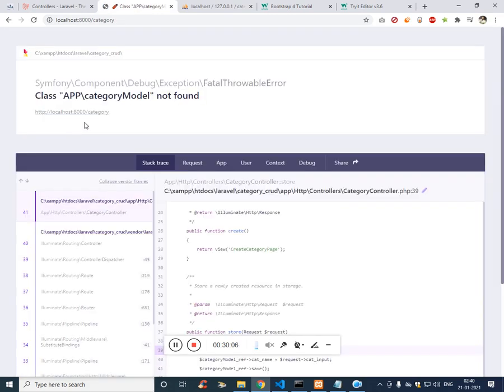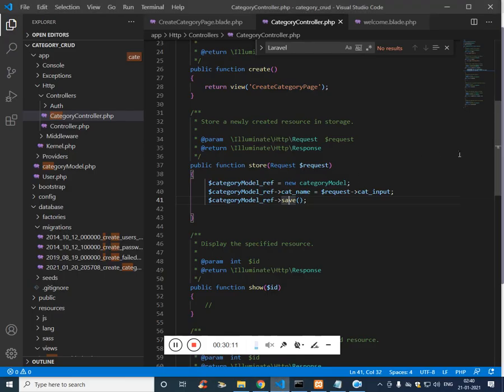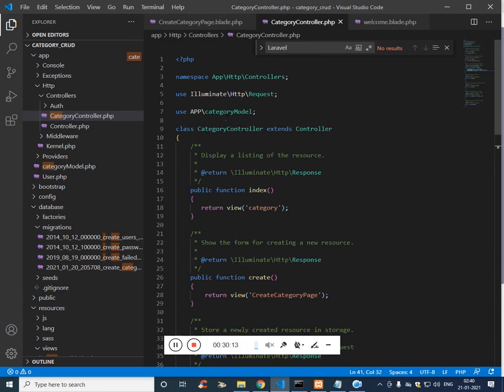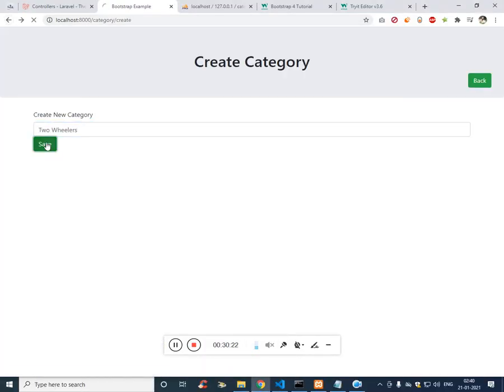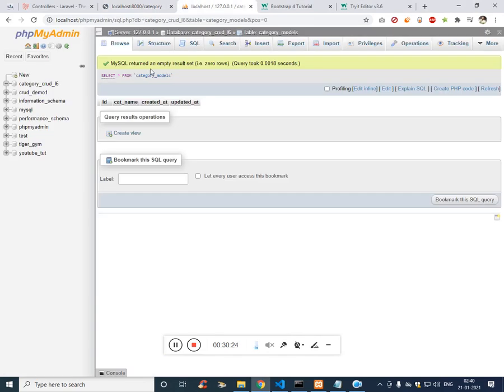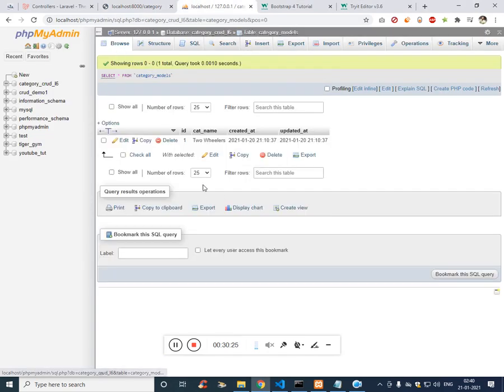There is an error, App category model is not found. Actually the spelling of App is this one. Two-wheeler, click on save, and let's check the database, and you can see two-wheeler is saved.